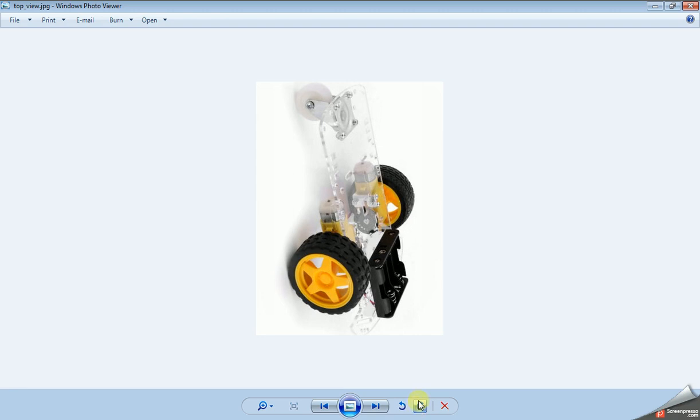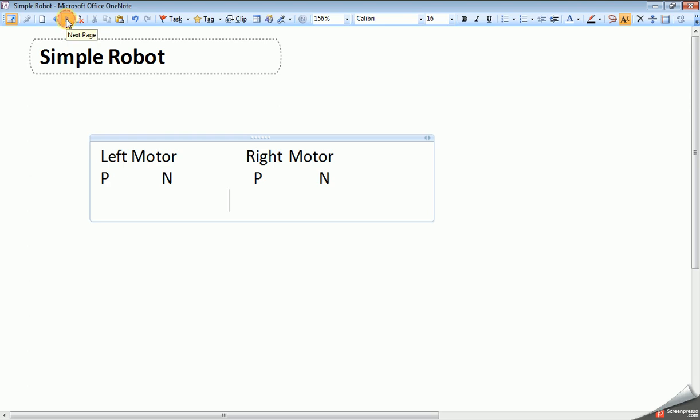Let's note down these logics. We have two motors, left motor and right motor. Each motor has two terminals, positive and negative. If I want to move the robot forward, then for the left motor, the positive terminal we give 1 and the negative we give 0, that is clockwise direction.